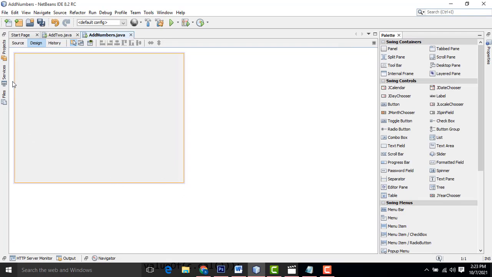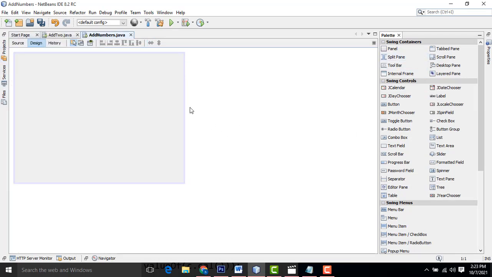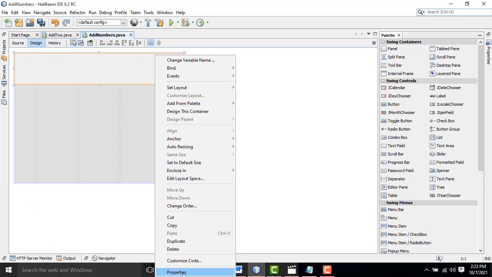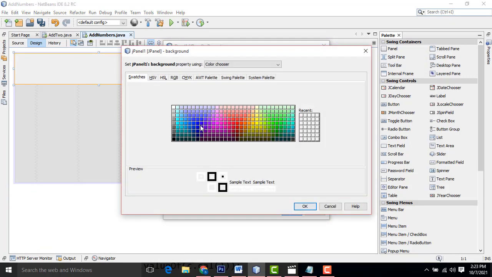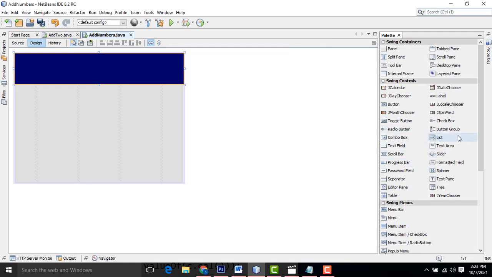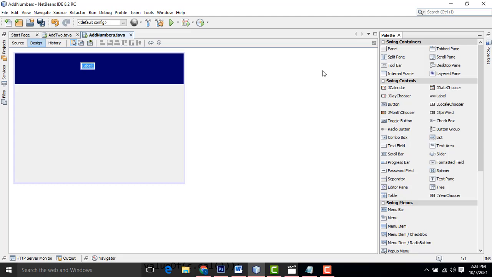This is OOP, how to add two numbers. We are using the OOP concept. So we have to drag this one. Choose it here as heading. I am going to put it here, right click, properties, border color. We have to choose it as blue, here select dark blue. With a label I am going to drag and drop. This label I am going to change the text as OOP